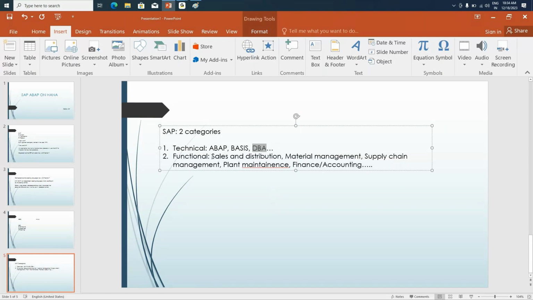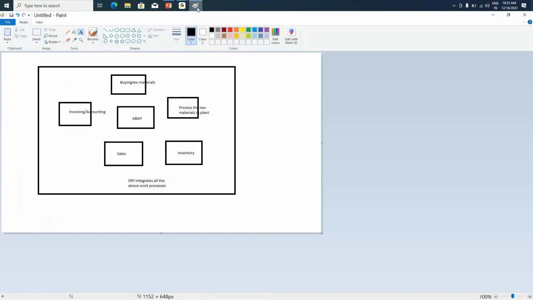Now coming to the general functional areas that we have, first is sales and distribution, also called SD. These people will take care of all the sales in your company. It's there in the name itself, sales and distribution. Whenever I'm getting any order from the user that I need this product, then a sales order will be created. All those processes will be taken care of by the sales and distribution team. Then is the material management team. In this example, we have seen we have materials here, buying the raw materials and processing the raw materials. These two will be taken care of by our material management people.